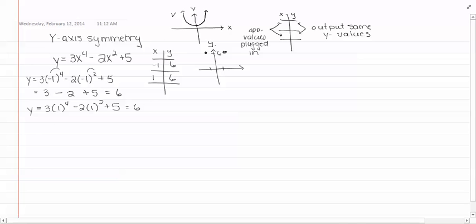For the algebraic proof, though, what you do is you let x equal -x and then simplify it. If you get the same equation back, then you have y-axis symmetry. So for example, if I put in a -x everywhere there is an x in the problem,